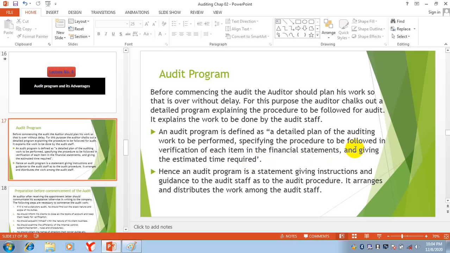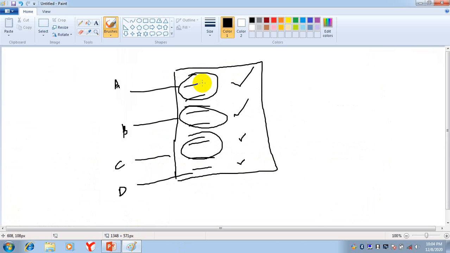For each and every item there will be an estimated time: on this work we will take 1 day, on this work 3 days, on this work 5 days, whatever that is.